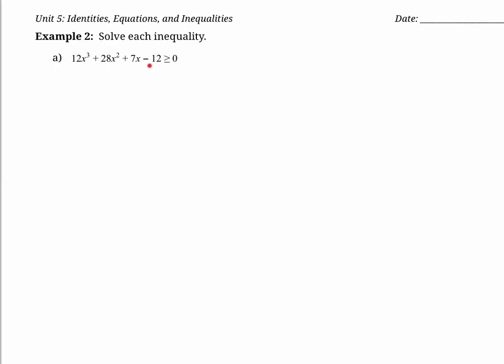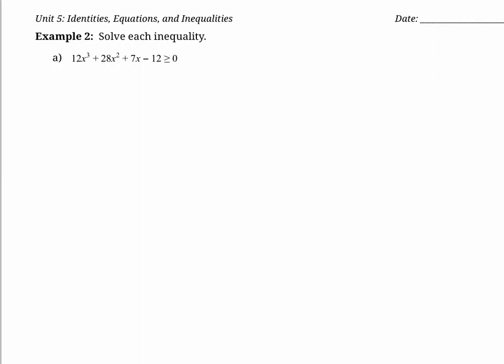It's already been simplified, and we're checking when this polynomial function is greater than or equal to 0. So because it's already simplified, we don't need to do that step, but we do need to factor this. This one, we can use the factor theorem again, but it's a little different because our leading coefficient isn't 1. So we need to check all the factors of this guy, all the factors of this guy, and then divide them one on top of the other,